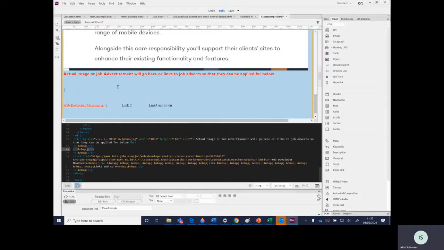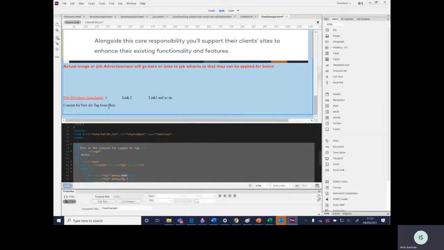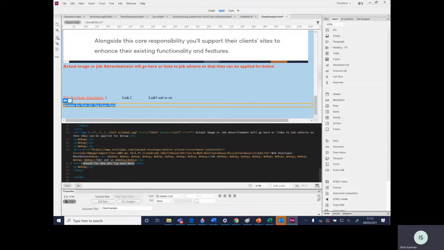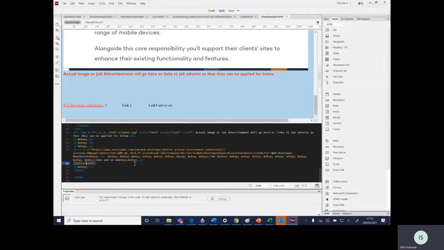Okay, so now say after this, I'm ready to add my form so you can apply for the job. I'm going to insert a div tag, and I want to do it after. So I've got my div tag here. I'm just doing the div tag because I want to keep it clean, and then I can highlight that div tag and I know where it is. I'm going to leave that content in there for now. Actually, I'll just change it so you can see what's going here. Just change it to form